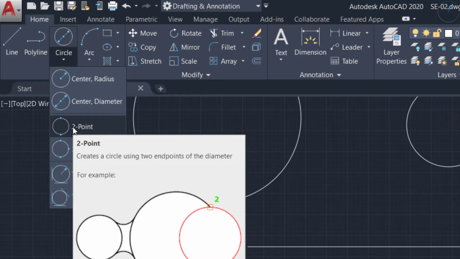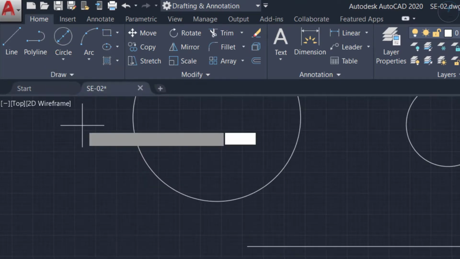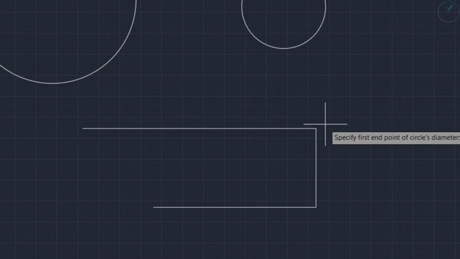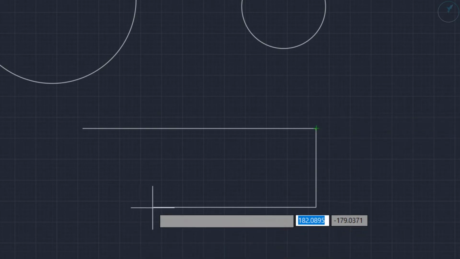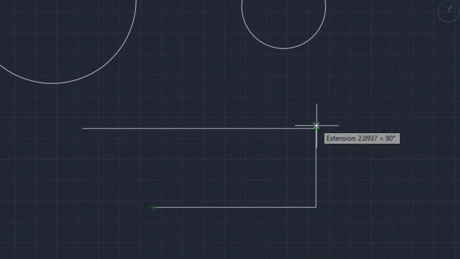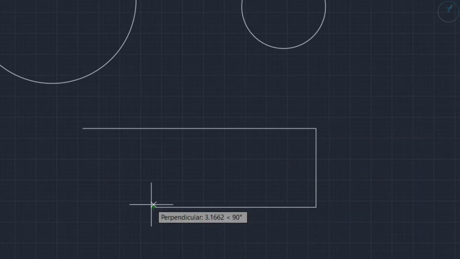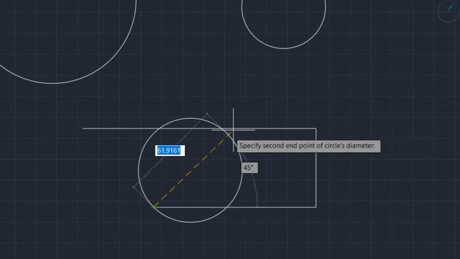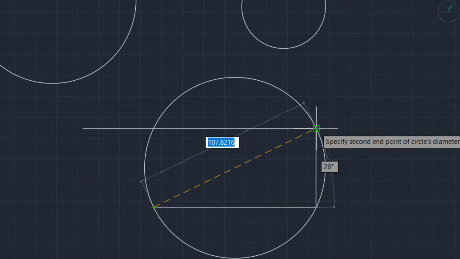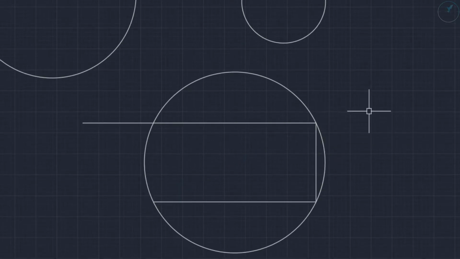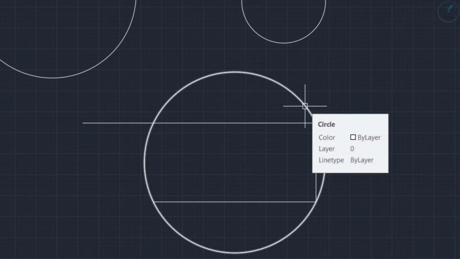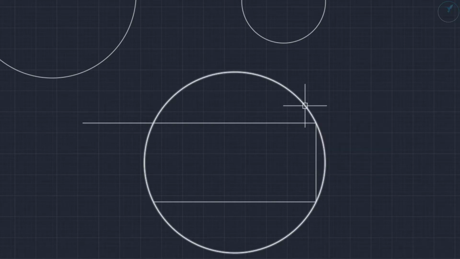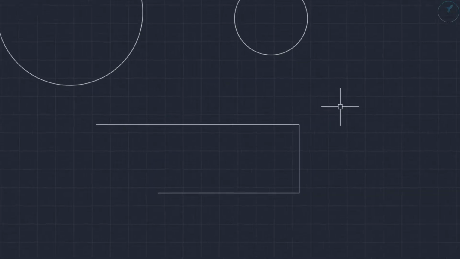Then you can use this option, 2 point. Click on this. Consider I want to create a circle over here and over here, so my circle has to touch this endpoint and this endpoint. Click on this, then the second endpoint over here. Automatically a circle has been formed. We don't specify a radius and also we don't specify the center point. Like this way we can create our circle with 2 points.